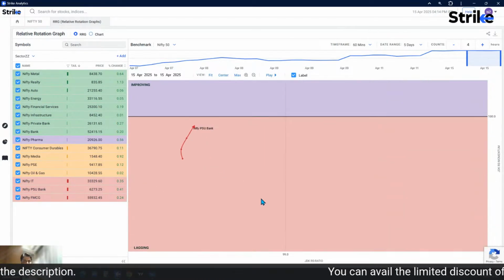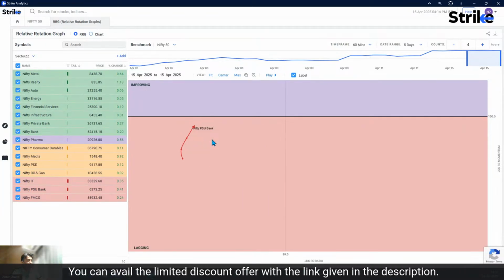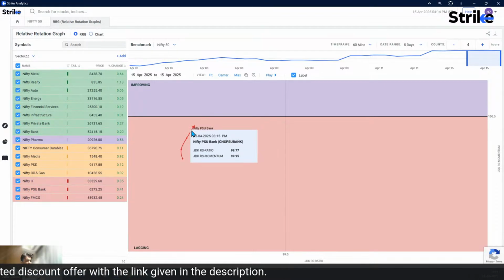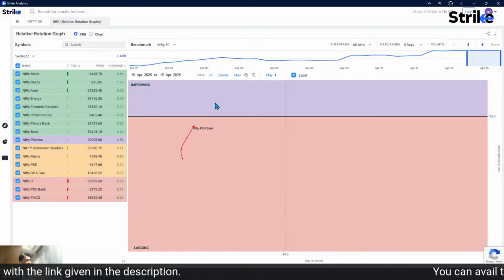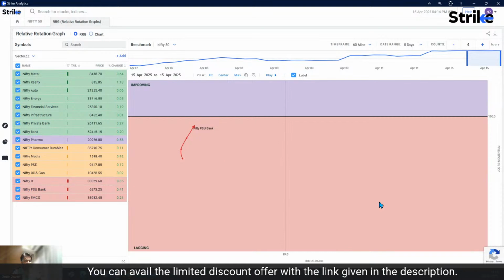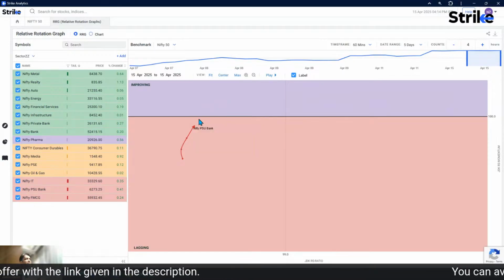You can try to understand what could happen for the next couple of hours. So maybe tomorrow if PSU Bank still gains momentum in the first hour, it can get into the improving quadrant. So from 9:15 to 10:15 in the first hour, look at the RRG chart somewhere around 10:30. If you see that Nifty PSU Bank is in an improving quadrant,